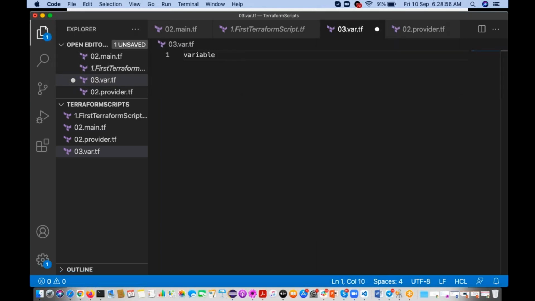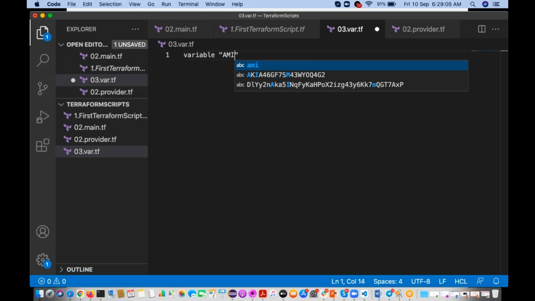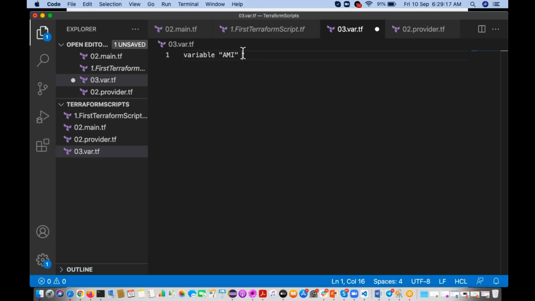Then the variable name. Here the variable name is your wish, lowercase or uppercase. Let me call it my, then flower brackets open and close. Guys, this variable name is your wish, whatever name you want, you can give.